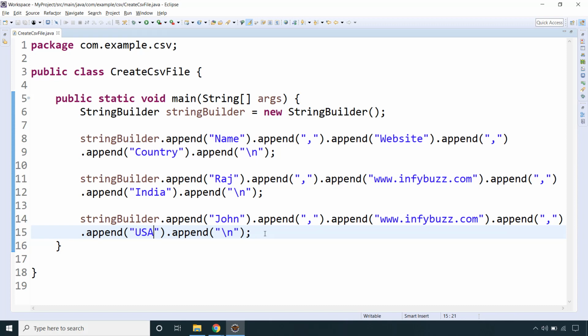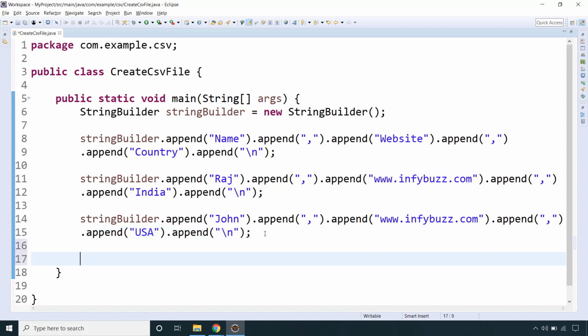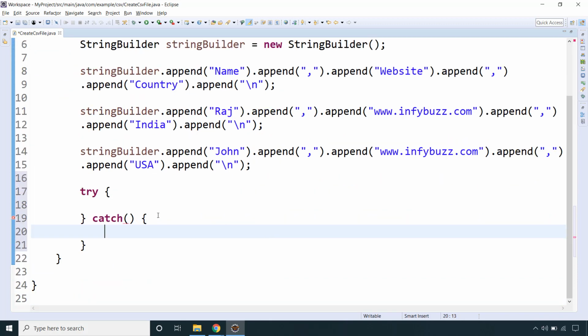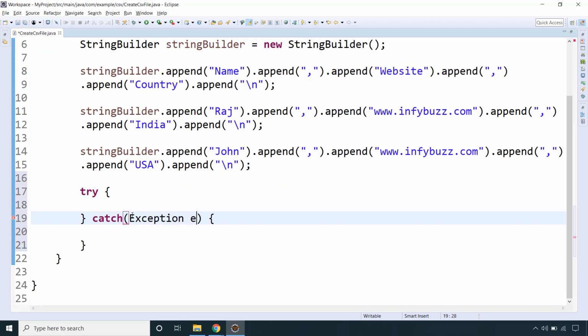Now here we will use FileWriter along with automatic resource management to create the CSV file. If you don't know how to create a file in Java, then I have already made a video, and you will get it on the top in the eye icon. Now let's add a try catch block first, because our Java IO operation might throw an exception while creating the file.